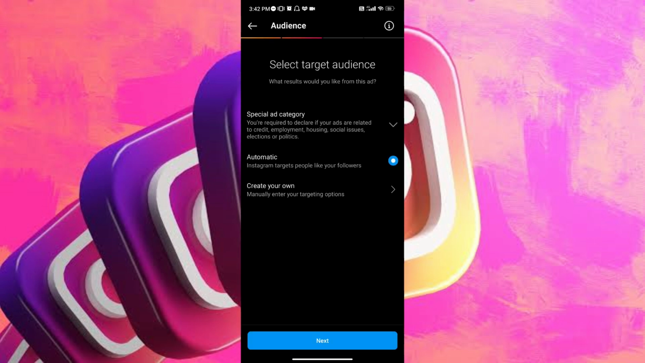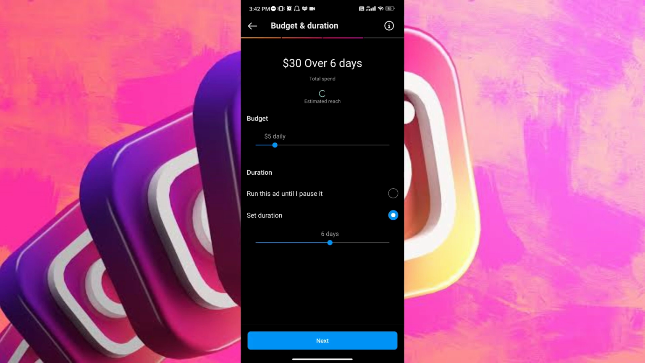And you could also select automatic. It is Instagram targeting people like your followers. And if you'd like to create your own, just tap on create your own to manually enter your targeting options. For this video, I'll just tap on automatic. And once you're done, all you have to do is to tap on next. Once you've tapped on next,